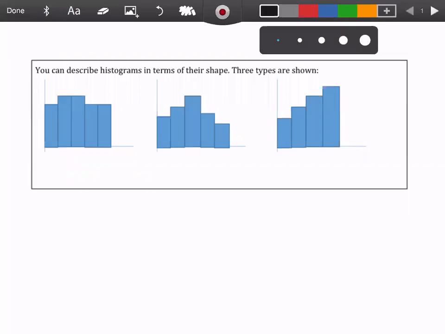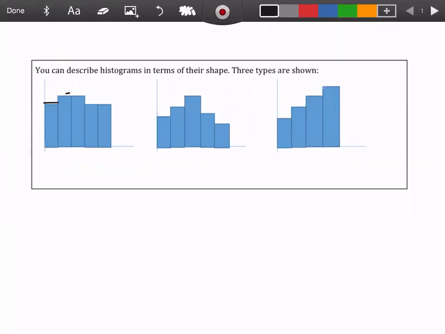In this video, we are going to talk about the different shapes that a histogram could have. So 3 different types or 3 different shapes of a histogram are shown below. So if you look at the first one,